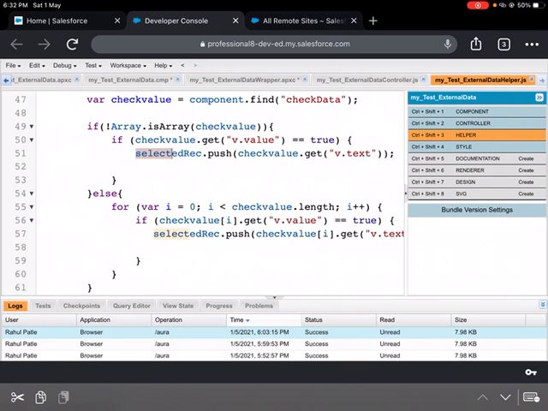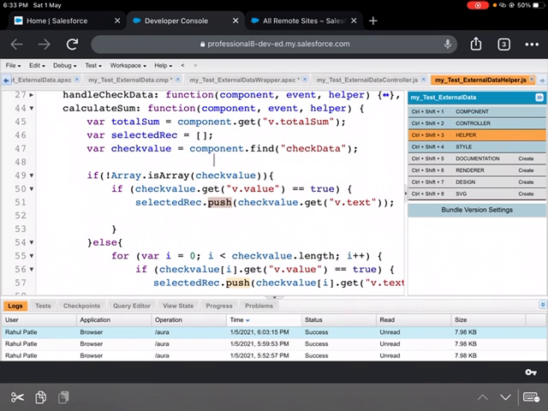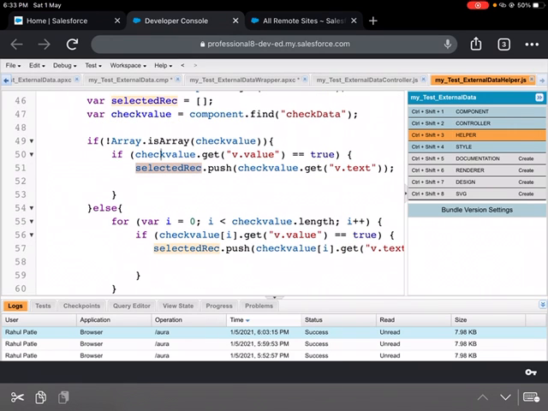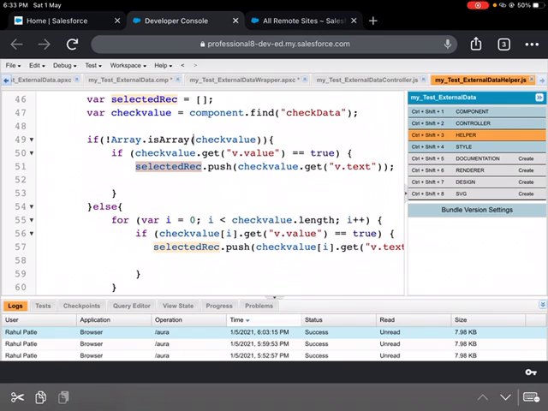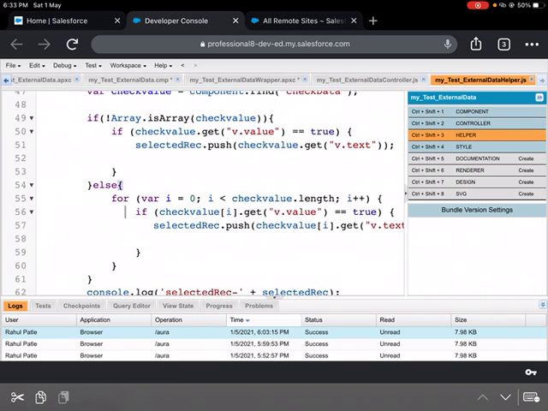If it is true, I'm taking the value in the text tag that I've given, which is the balance, and I'm adding it into this array using the push method. So in this array, the balance of each checked record is getting added. Now if the data is unchecked, I go to the else part.